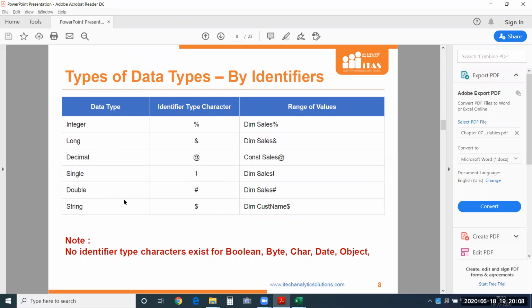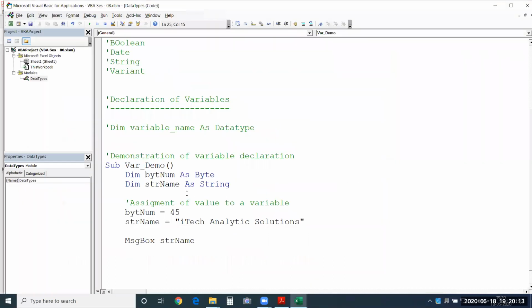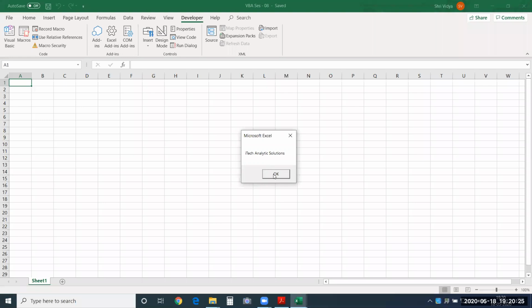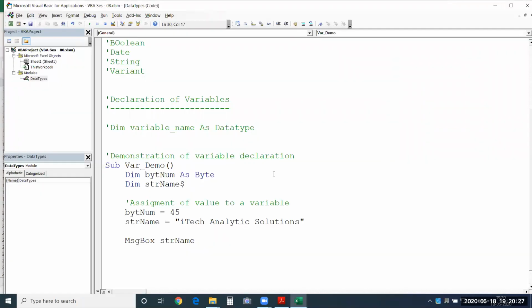Okay, so let me show you for the string one. I have those example. I could be declaring this like this as well. Even then it's going to work for us. Now let me run it. This is another way of declaring variable. Instead of using as and then giving the data type, you could also be using an identifier if that data type has got it.